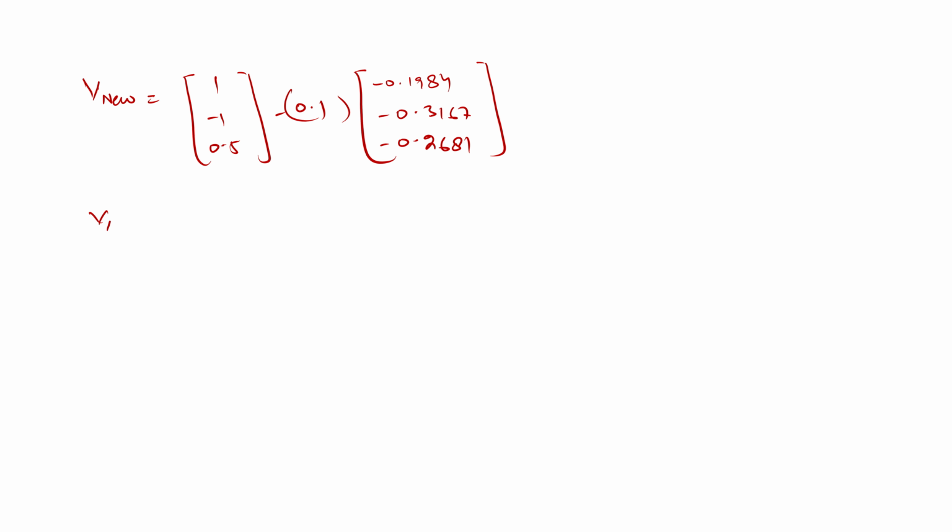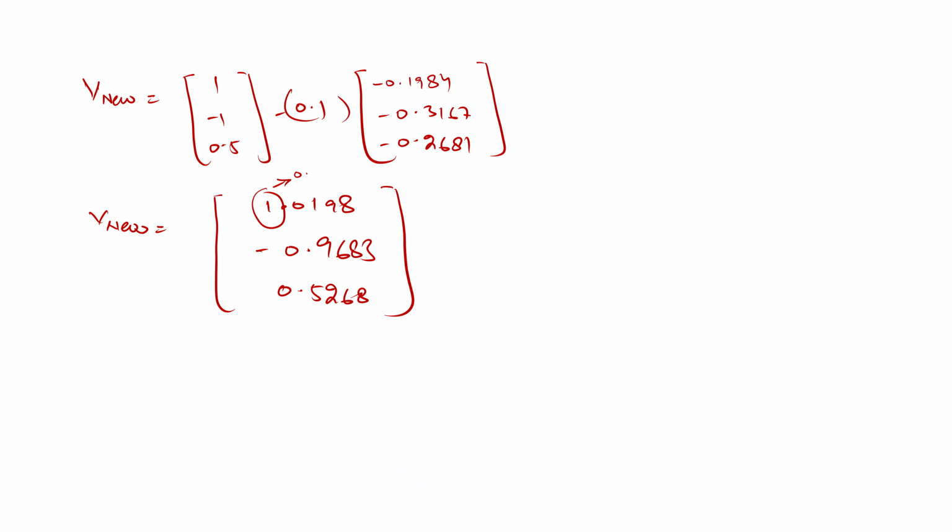So we get the value of the new output weights as 1.0198. Please verify if it is 1 or 0, but I think it's 1.0198, minus 0.9683, 0.5268. So we have completed